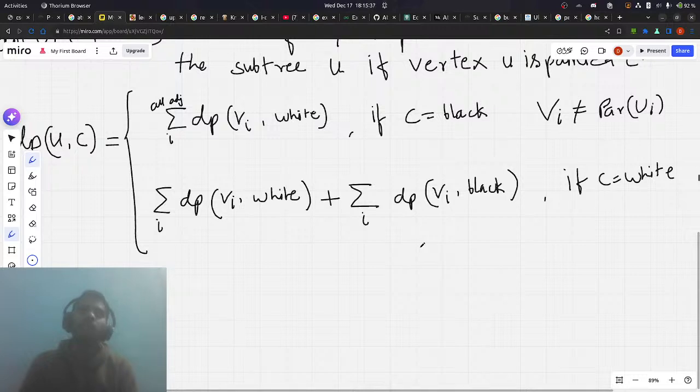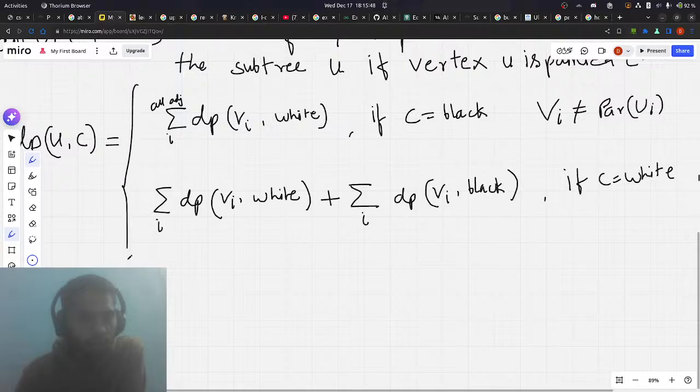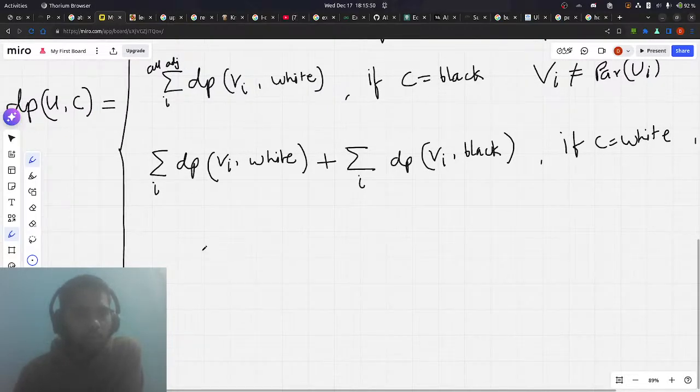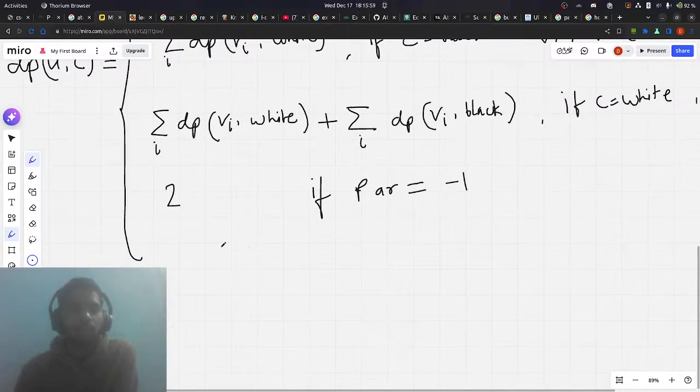Or depending on the parent that we have. This is what I'm thinking. We will have two options if parent is -1. Basically, if we have only one node in the entire tree, and we'll have one